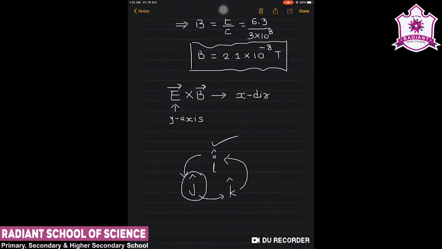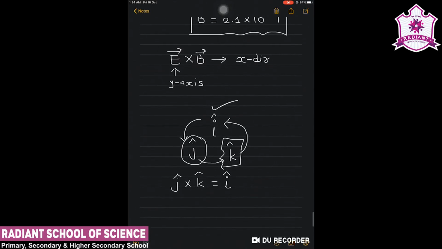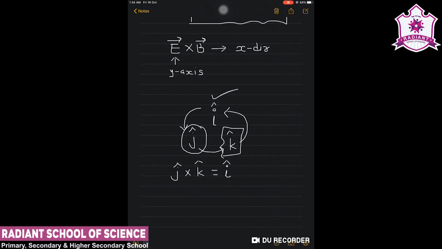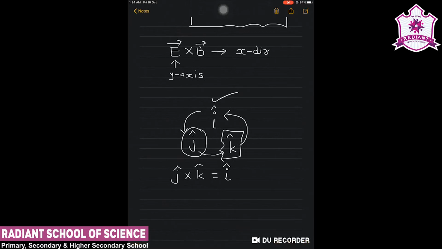So obviously we can say that B must be in the direction of the z-axis, so that j cross k would be i cap. Therefore as far as the question is concerned, we can say that the magnetic field B would be in the z direction and is represented by